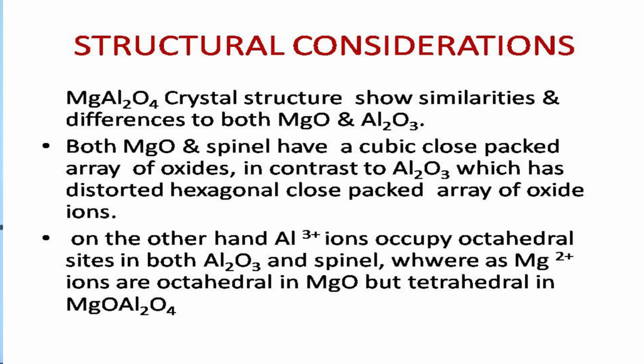Then on the alumina side, aluminum ions occupy octahedral sites in both aluminum oxide and spinel. When the spinel is formed, the Al3+ ion occupies the octahedral sites in the crystal of the spinel. Whereas magnesium ions are octahedral in magnesium oxide but become tetrahedral in the final product. So there is a difference. The aluminum arrangement changes from hexagonal to octahedral, and magnesium changes from octahedral to tetrahedral in the case of spinel. So structural similarities have to be viewed very closely to